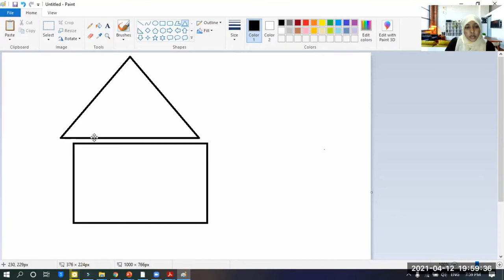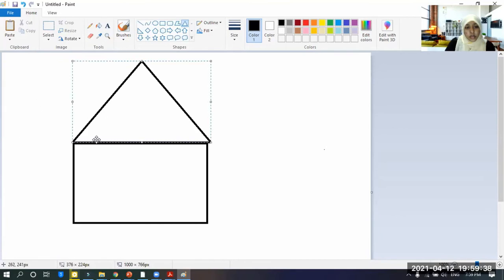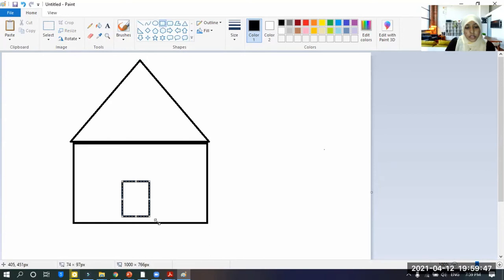There is a door. You can adjust, see, there is a window. See, nice, right? People who have laptops and computers, you can draw, okay? So this is a small, pretty cute house of mine.